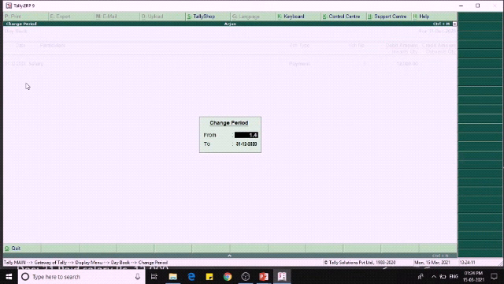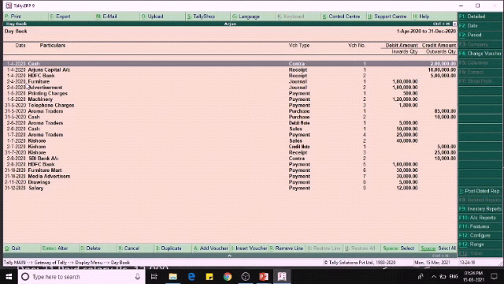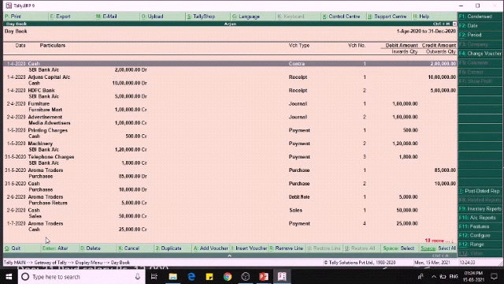So from 1/4 to 31/3 we are going to view the voucher entries. So if we give enter we can see all the list of voucher types, voucher entries we have passed up to date. Okay, so for detailed view we have to press Alt plus F1.